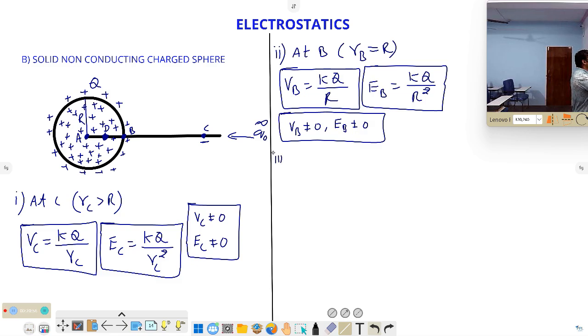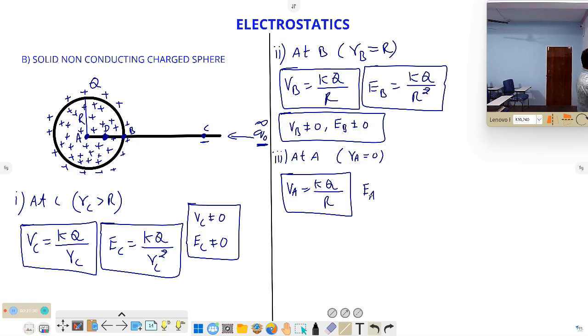Now come to the case of the third point, that is A point. At A point, what is the meaning of that? RA is equal to 0. The distance of the point is 0, but what is the concept here? Potential is never 0, because the work you do to bring the charge from infinity to B point on the surface, the same work you have to do to move the charge inside to the center of the sphere. So here also I can write VA is equal to K into Q by, smaller r only we have to write, and electric field inside at A is equal to